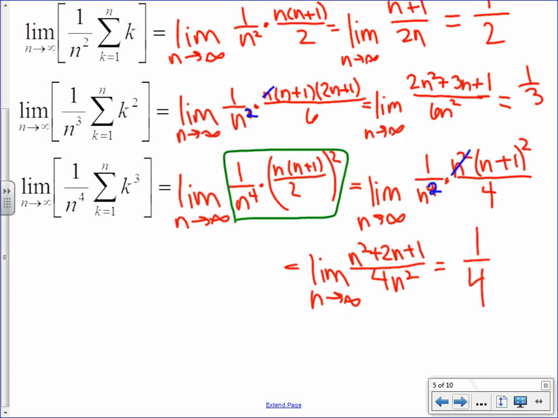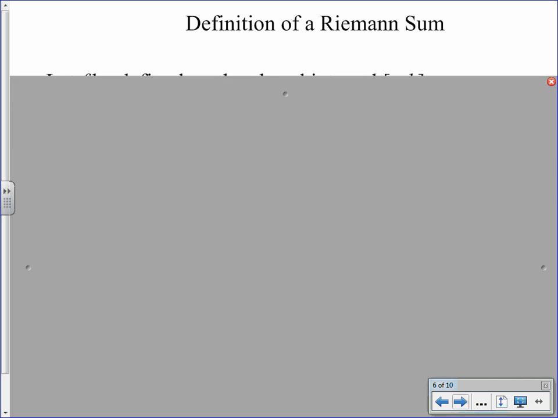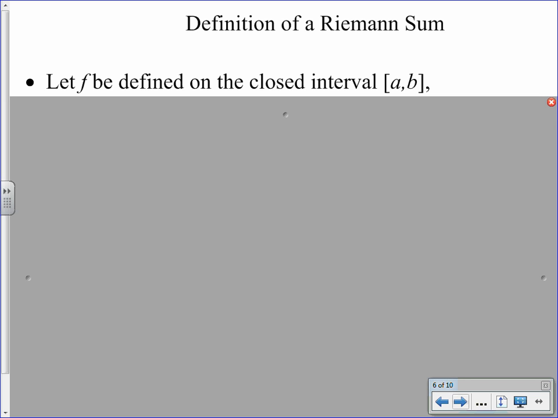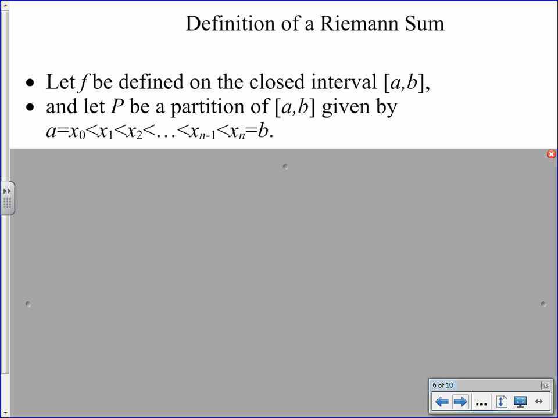Okay? I do not want you to write anything down from this next slide. We're going to talk through what's happening. I'm going to use some math words. So what we're doing is Riemann sums. We have an interval, A to B, right? What we're going to do is partition the interval. What does partition mean? Cut it into parts. So from A to B, we're going to break it up into all of these teeny tiny